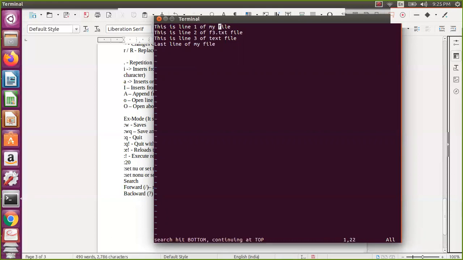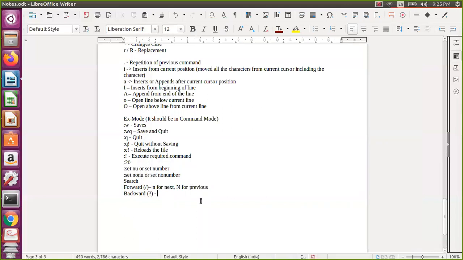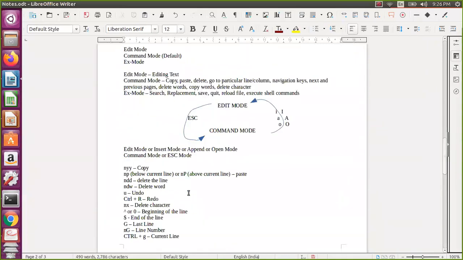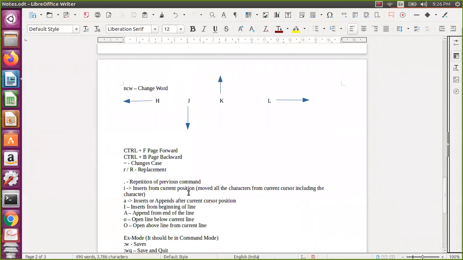You can also observe that whenever I am pressing capital N and small n in forward search and reverse search, this particular character gets changed. By that you can know that you can do the same operation in forward search and backward search. Here in the backward search, n means going to the previous one, and capital N is for the next one, because this is a backward search. So these are the commands we have in ex mode. This is only for search.